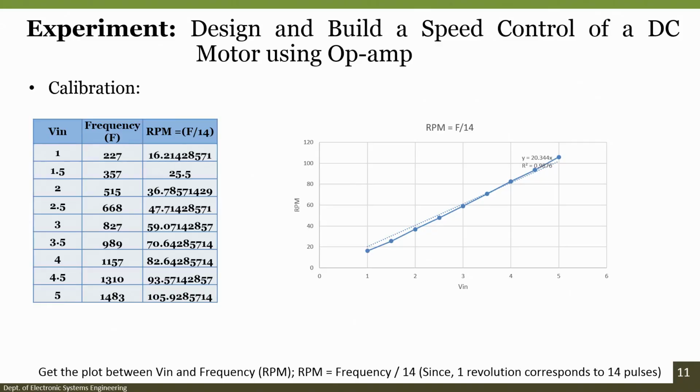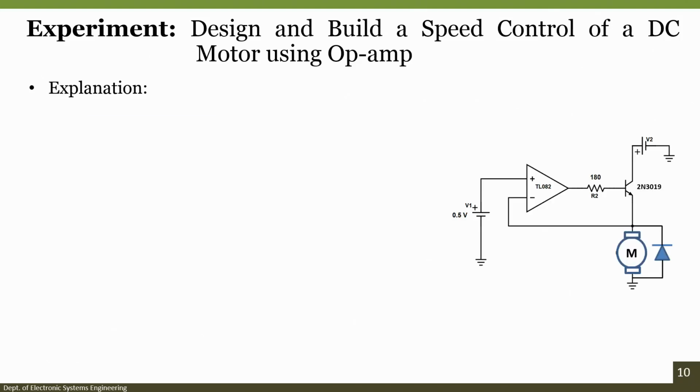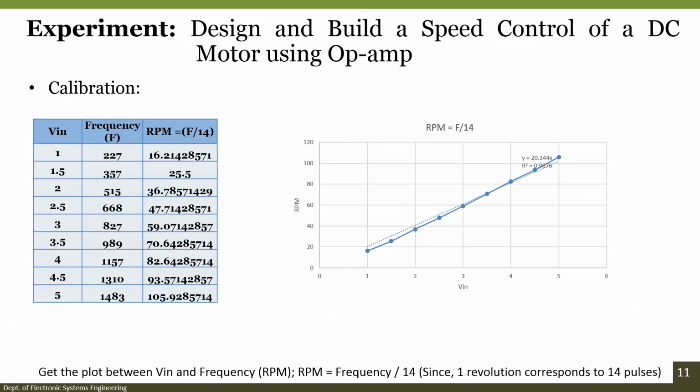Welcome to the module. In the last module, we saw the relationship between V in and the change in the frequency of the encoder. We also understood the working of the driver circuit, and we saw the relationship between the input voltage connected to the positive terminal of the operational amplifier and how the frequency of the digital pulses that we get from the encoder keeps varying.